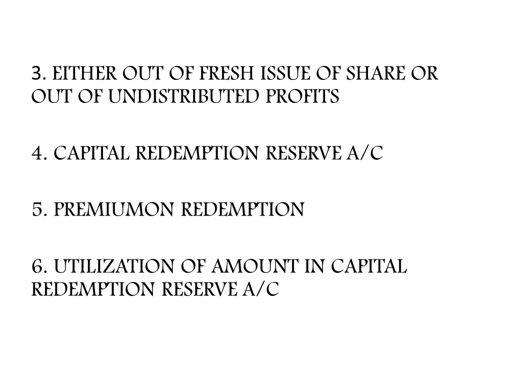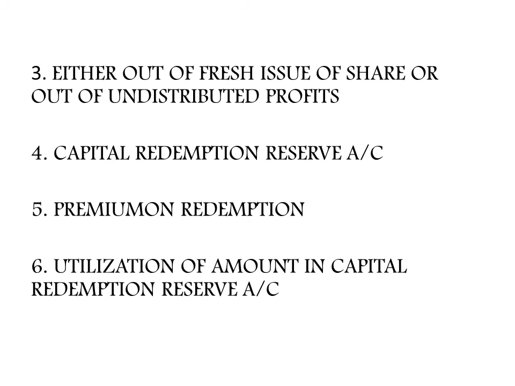Similarly, for the premium also, we have two sources. One is securities premium account or from undistributed profits. From there we can adjust. Next, the sixth condition or the sixth provision, it says that amount available in capital redemption account will be